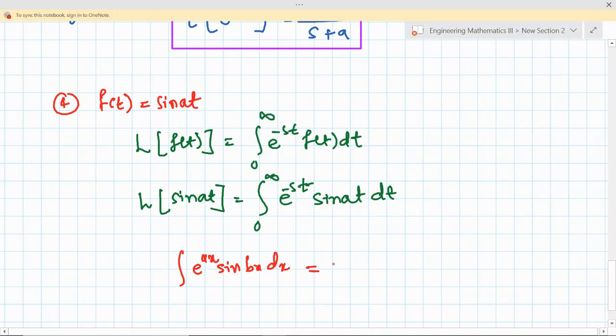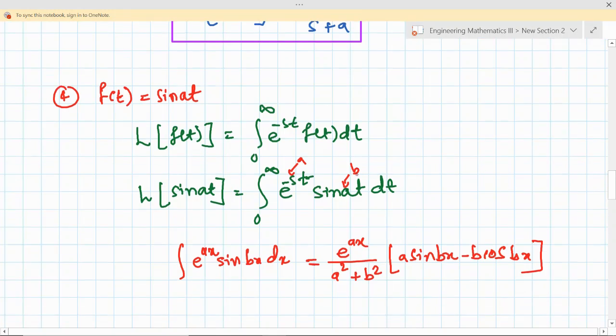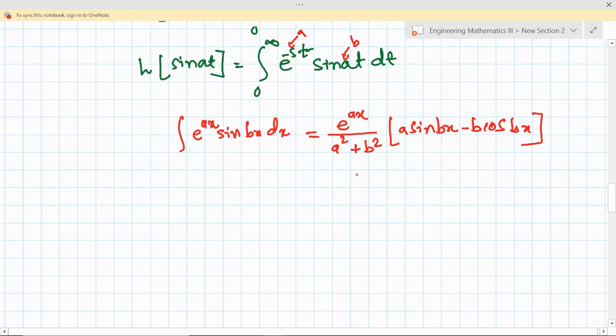So this is nothing but what? It is e raised to ax divided by a square plus b square in bracket a sine of bx minus b cos of bx. This is the result. Now we are going to use this rule here. So this is my a, minus a is nothing, s is nothing but a, and your a is nothing but b. Okay, so if we apply the rule for above integration,